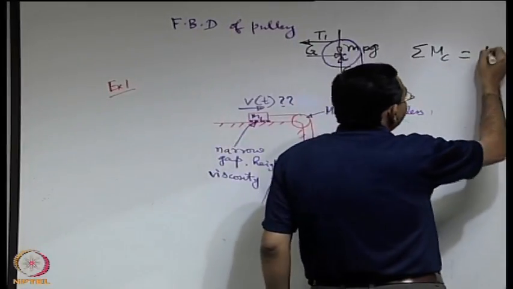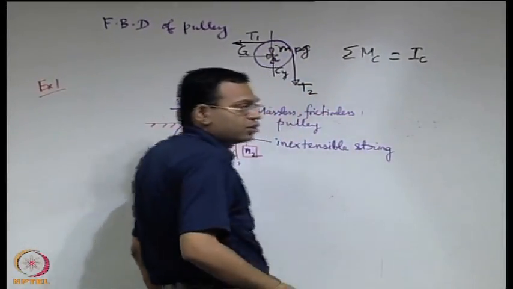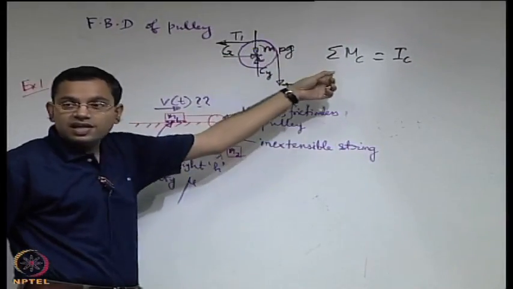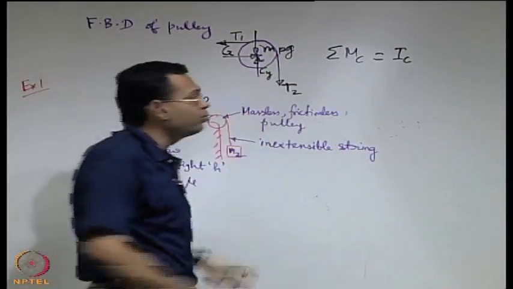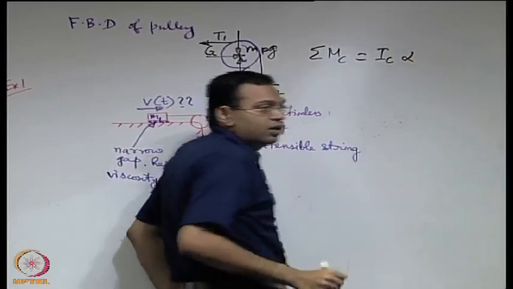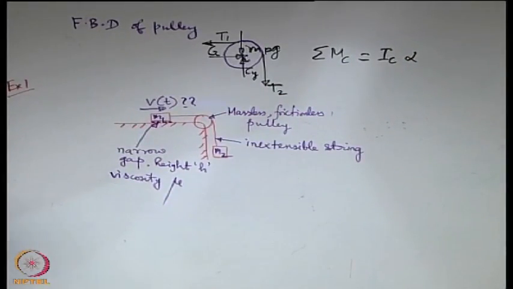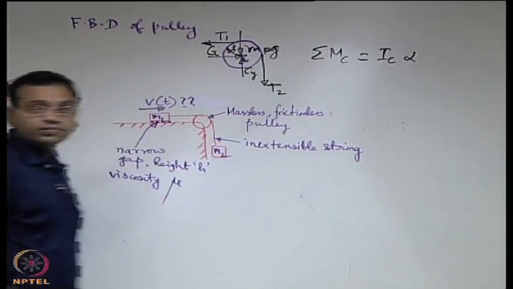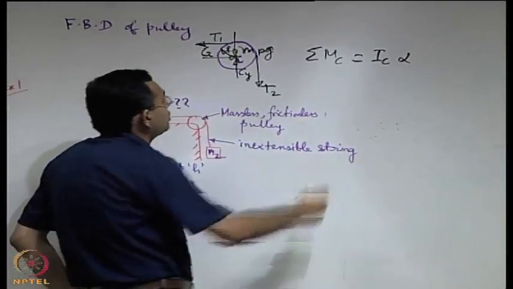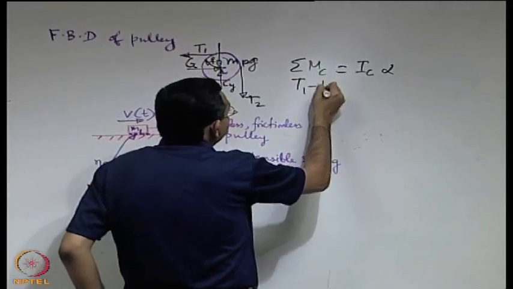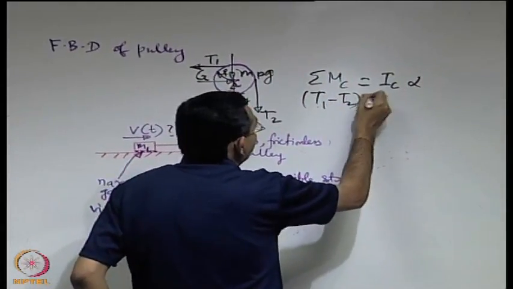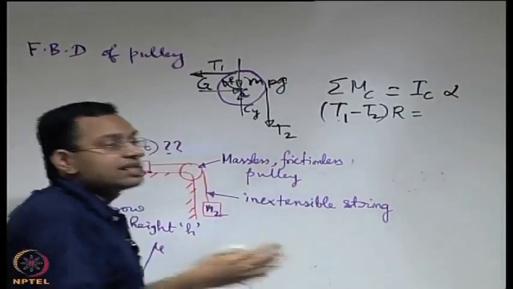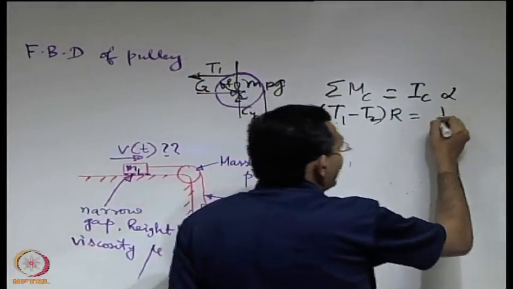is the moment of inertia of this pulley with respect to the same axis about which you have taken the moment, times the angular acceleration. So, if capital R is the radius of the pulley, then you can write this straight away as (T1 minus T2) into R. If the pulley is like a disc, as an example, we may call it half m r square,